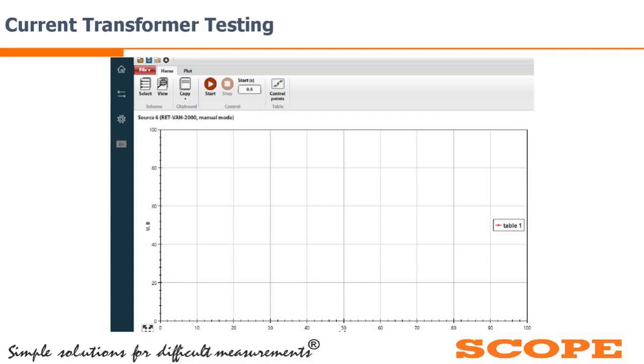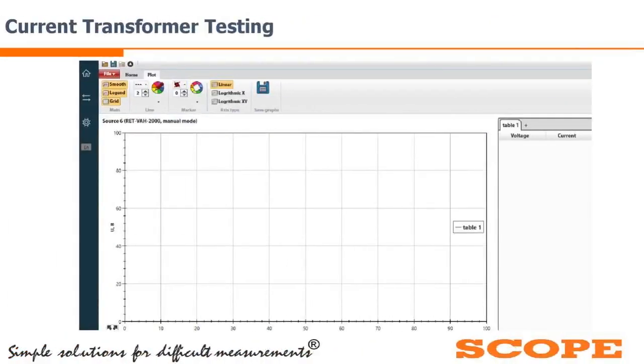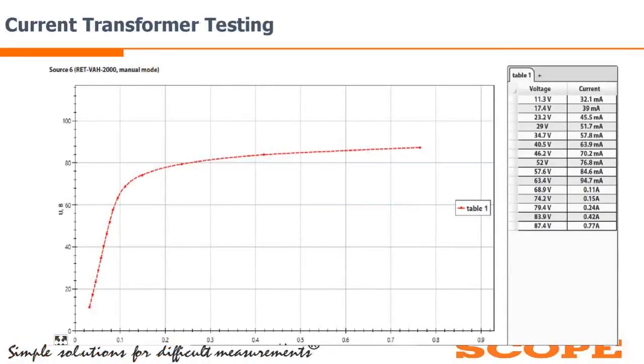We have also provided additional features: the knee point voltage curve color can be changed, and smooth, legend and grid formation facilities are also provided. After the completion of the test, the result, that is the curve, is shown like that.